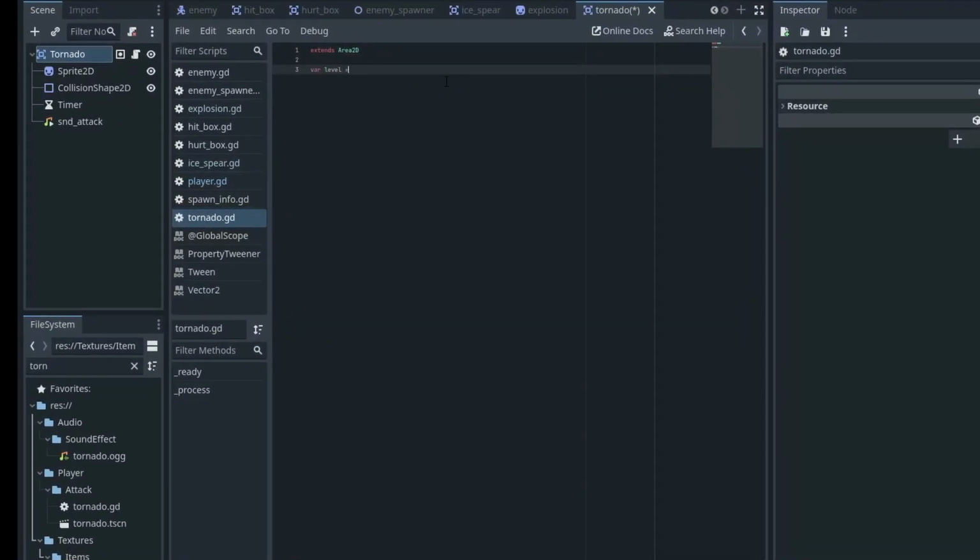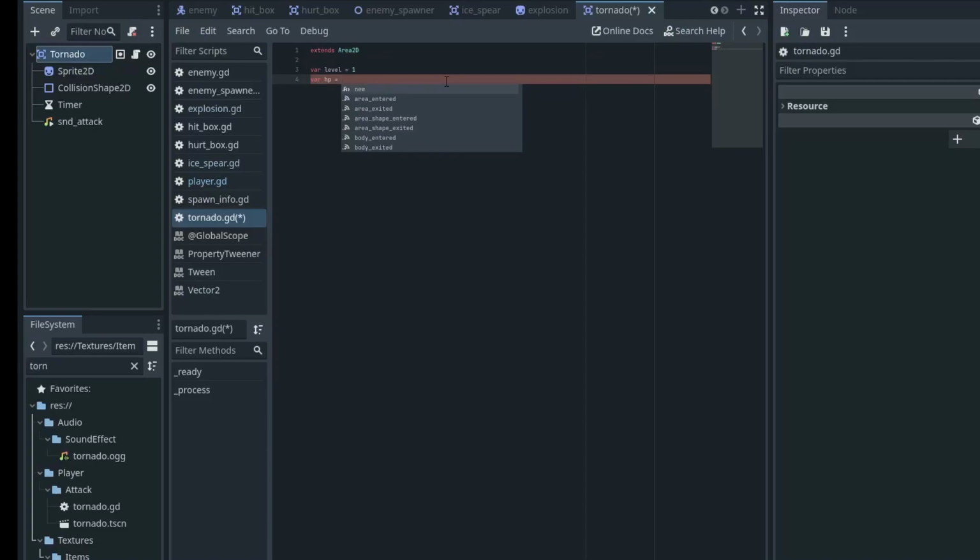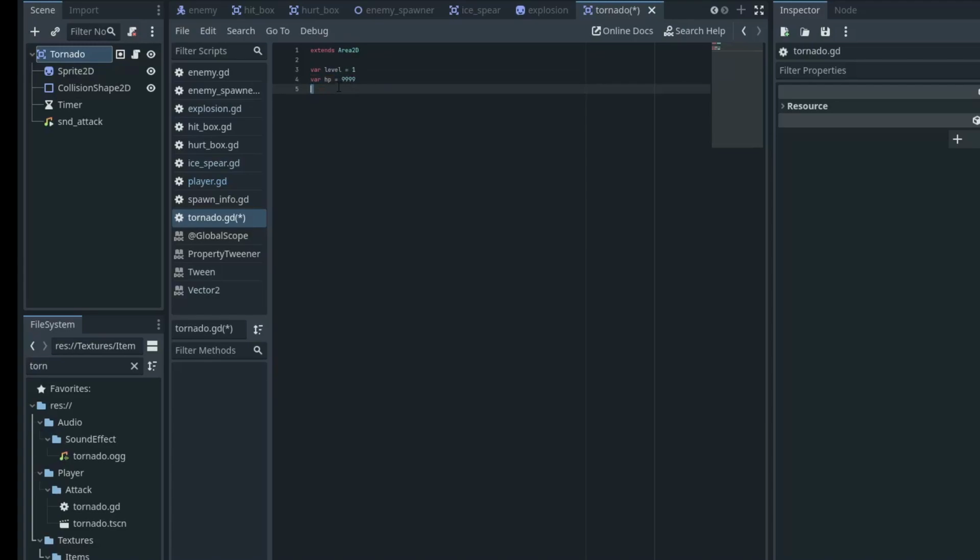So var level equals 1 for the level, var HP equals, we don't want our tornado to despawn from hitting too many enemies, so I'm going to make this equal 999. We're actually not going to use HP, I'm just kind of keeping this consistent though. Speed is going to equal 100.0, var damage is going to equal 5, var attack_size is going to equal 1.0, and then we're going to have a new variable called var last_movement,